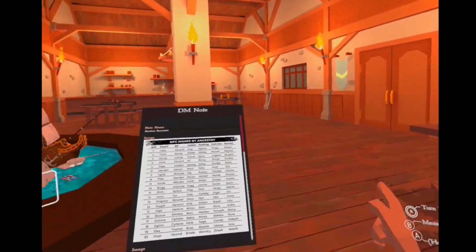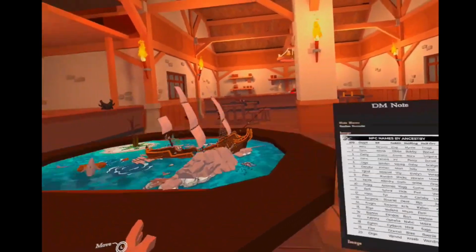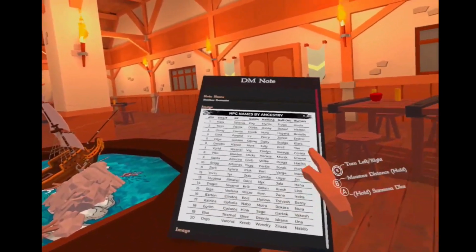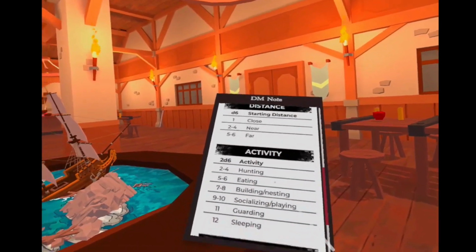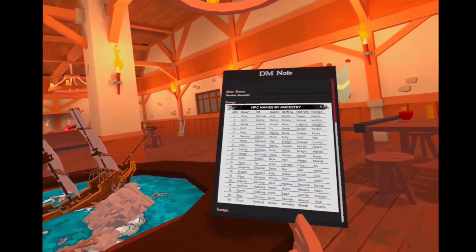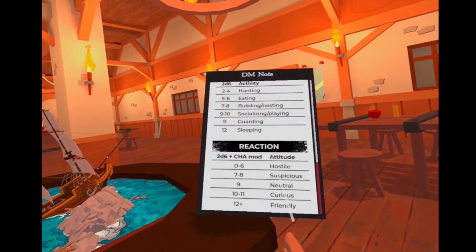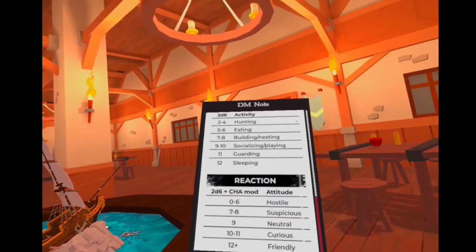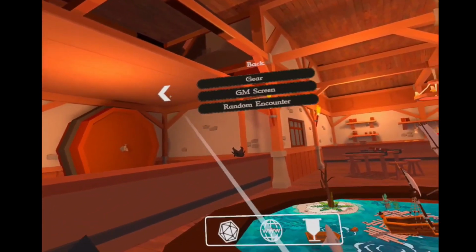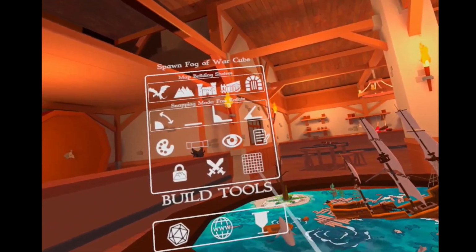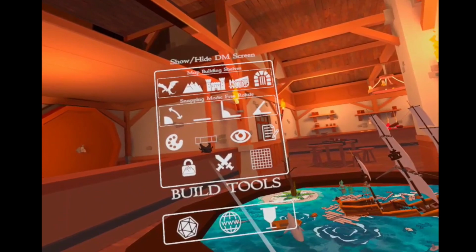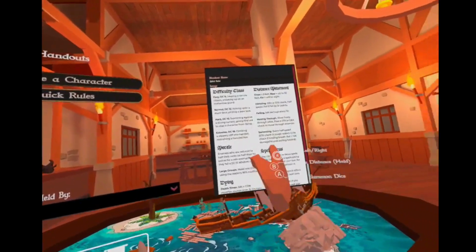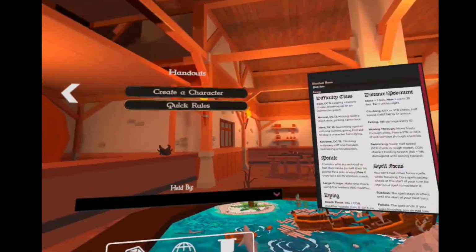But here is everything I need while I'm looking at what I need to do for a random encounter. It's probably easier to click and scroll. Regular handouts. I'm not sure if the players can do